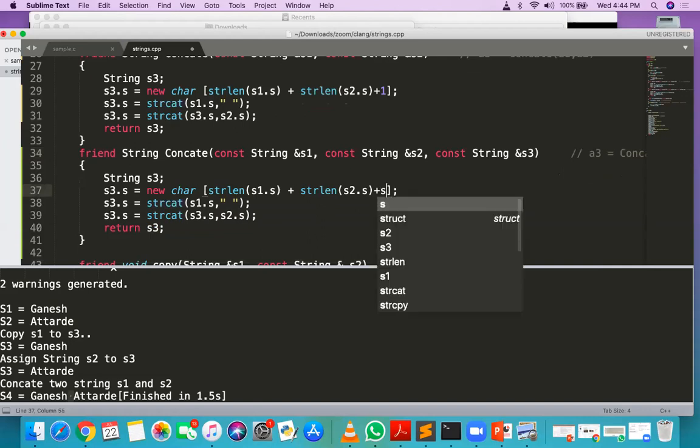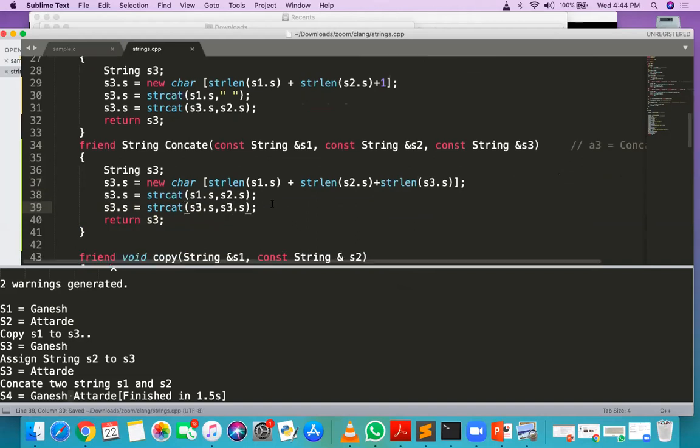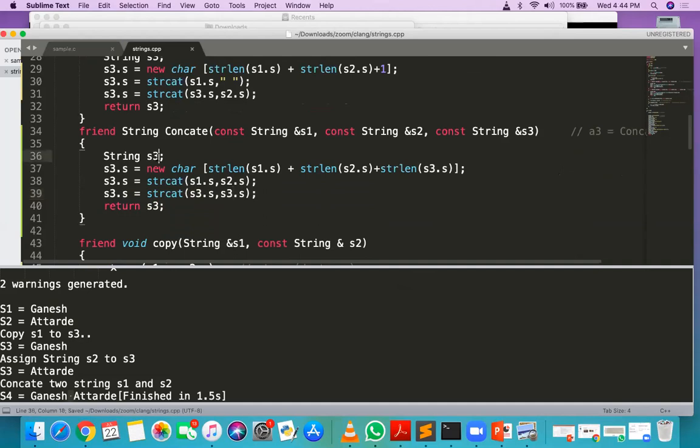Tell me. strlen of S3 dot S. And now if I want to add it, then the first one is S2 dot S, and S3 dot S is equal to S3 dot S. And here it is S4, and return S4.